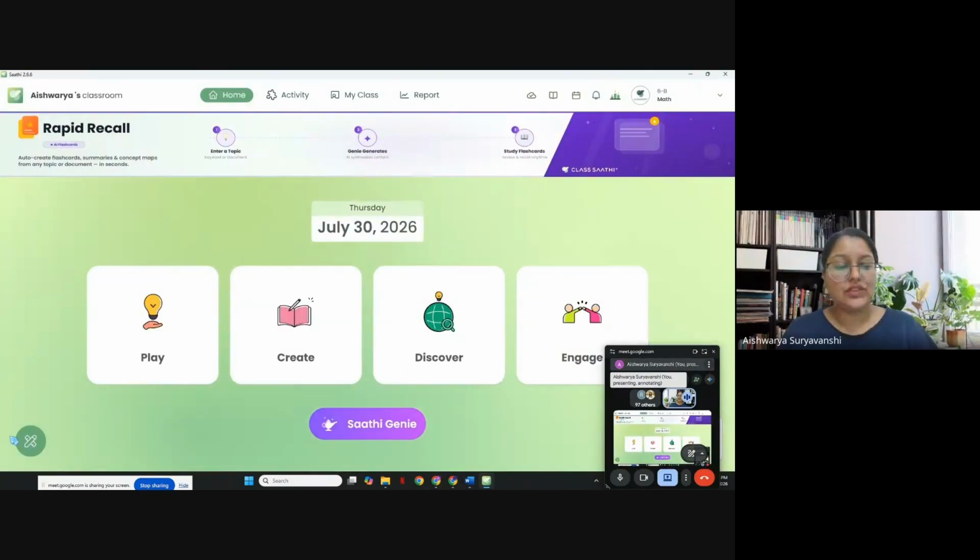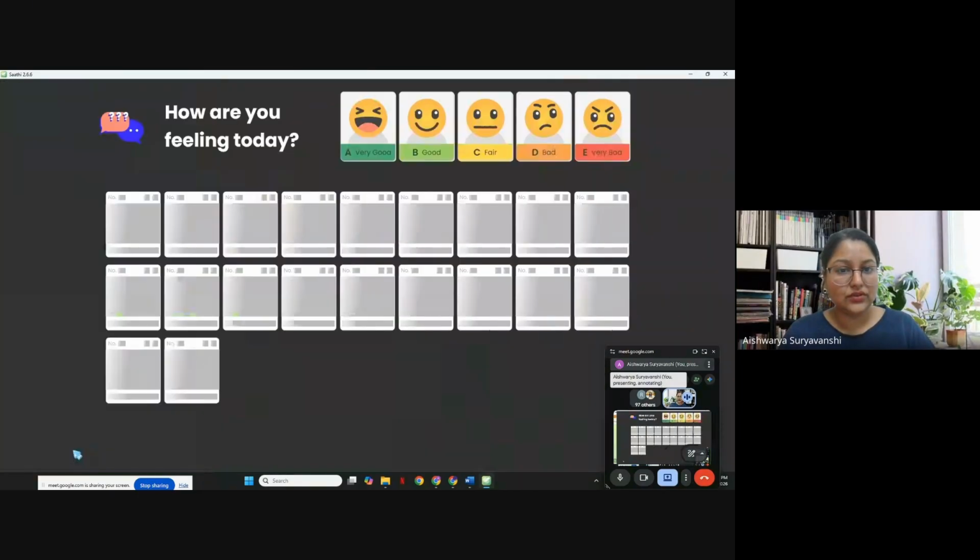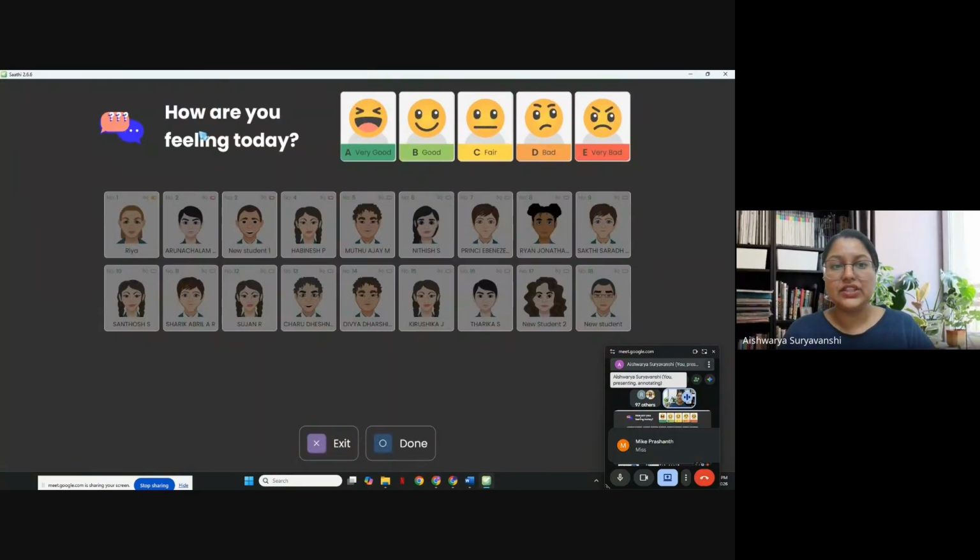All you have to do is go to the quick tool option. There is this roll call. You can click on the roll call. You will see the question here: how are you feeling today? This is going to be a constant question. A, B, C, D, E will have these expressions: very good, good, fair, bad, very bad.